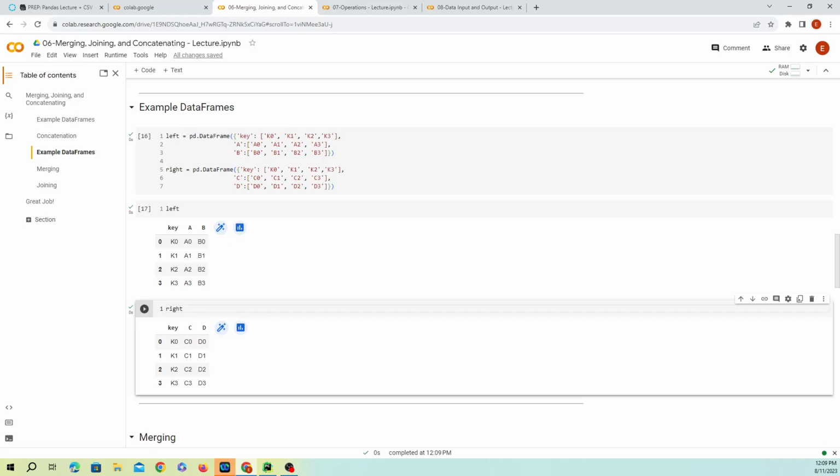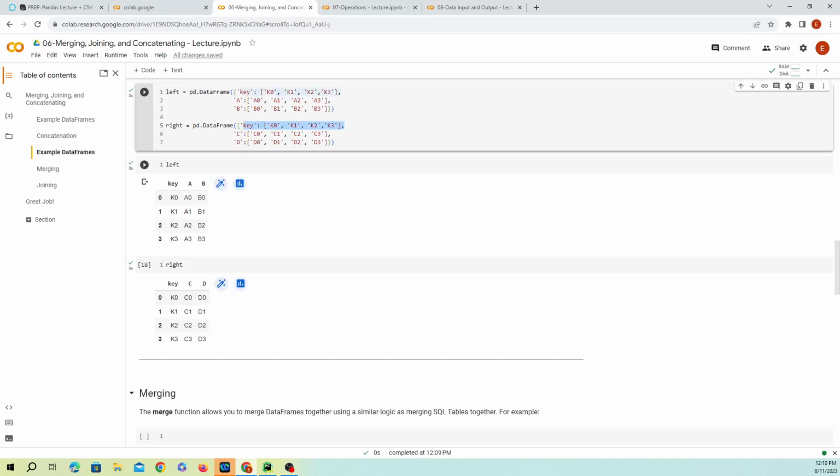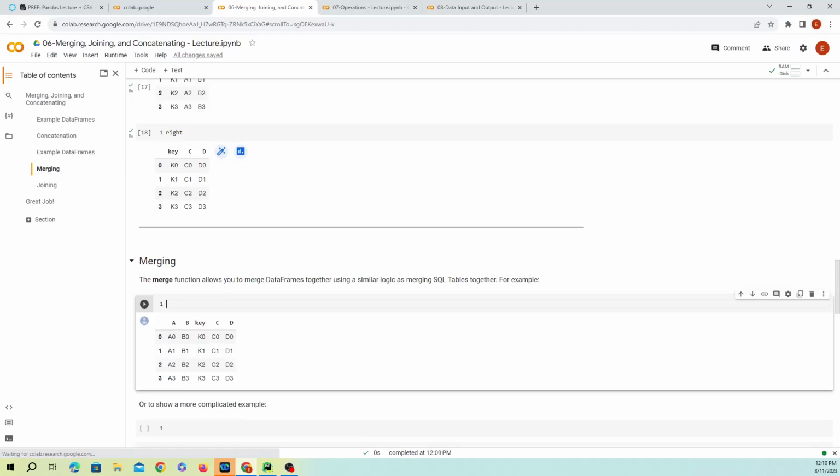They both have a matching key column, and everything else is different, but we can merge them by the key, kind of like the index value. So we're going to use merge to merge them together. We're going to say left, right, and merge them together. How? By inner,